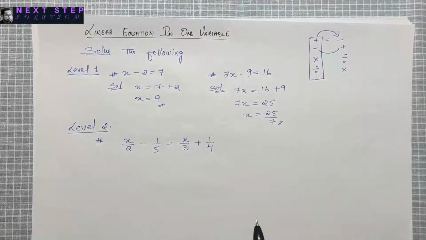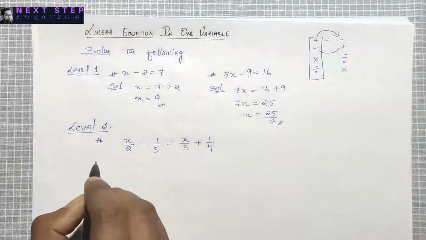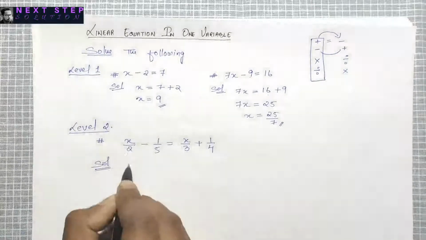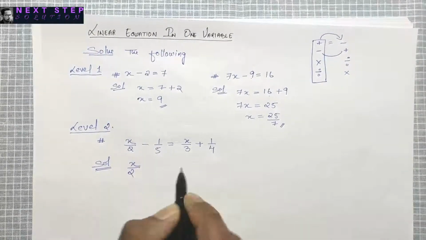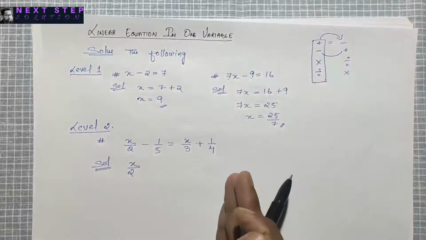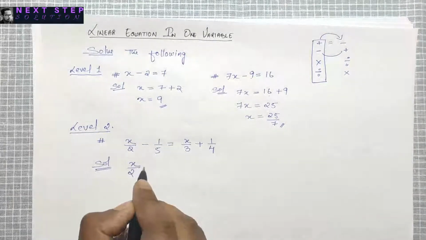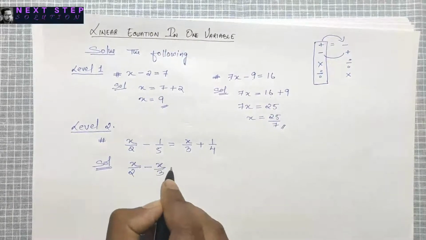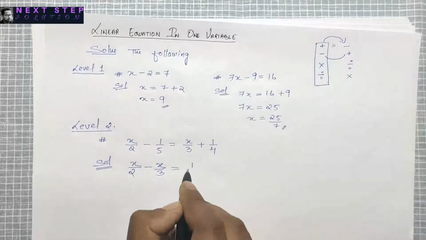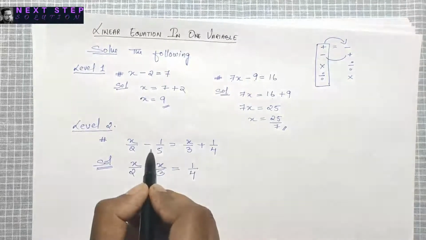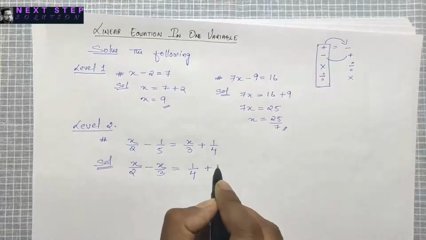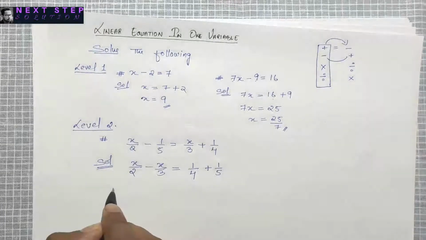What you'll do, you'll bring all the x to one side first. Now this is x by 2, let it be here. This is x by 3 which is on the right side. If you bring it to the left, it will come as minus x by 3 equals to, on the other side you have 1 by 4. This minus 1 by 5, if you bring it here, it will come as plus 1 by 5. Now